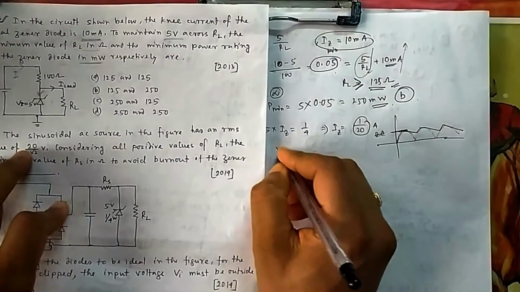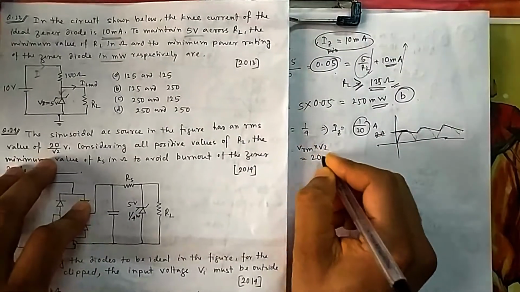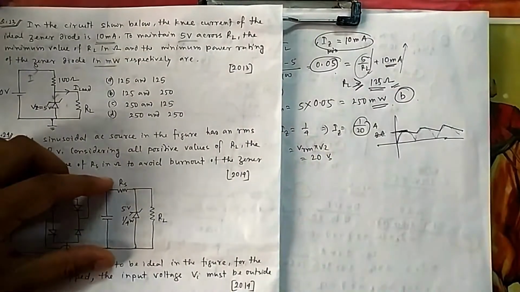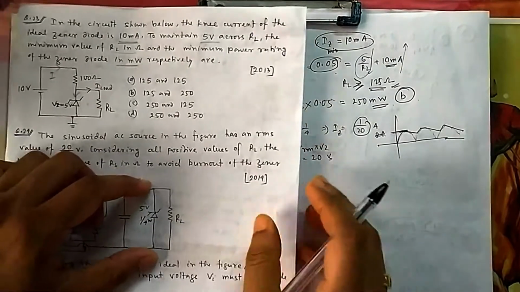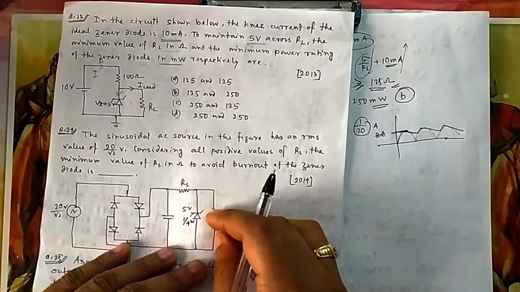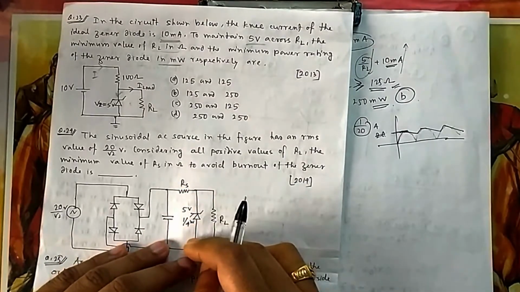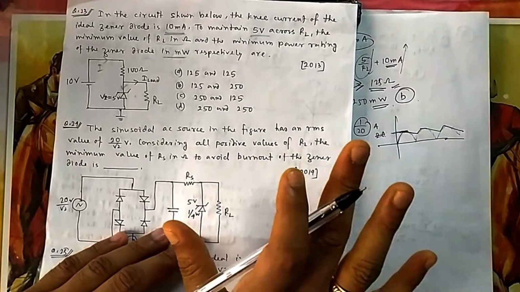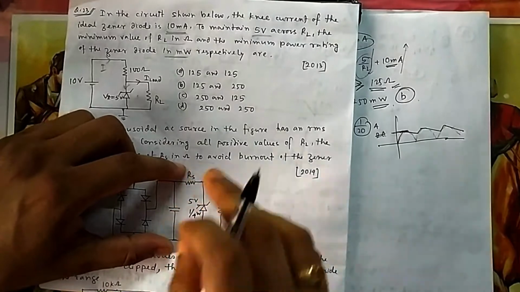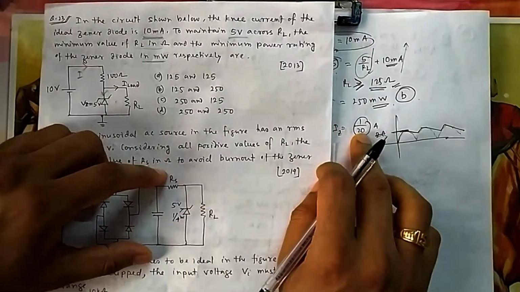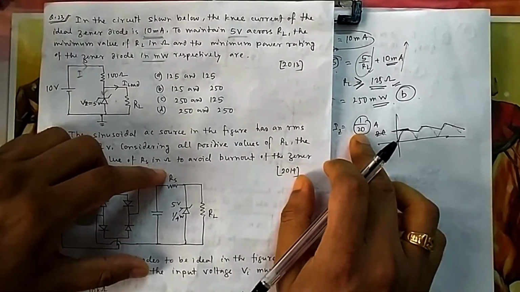20, because V peak will be equal to V RMS into root 2. So that is 20 by root 2 into root 2, 20. So when this is maximum at 20, then this current. And what is the worst case? Worst case, I will consider RL to be infinite, because no load is there, all current is passing through here. So my Zener should be able to handle it. If the Zener handles that case, I will put RS in such a way that even in the worst case, the current should be limited. It should be less than or equal to a maximum of 1 by 20.